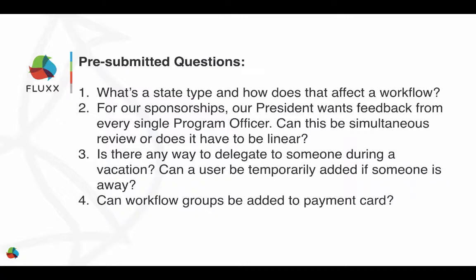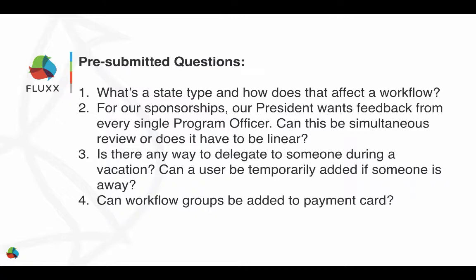An example being, you might have a particular state called, let's say, an initial application review, where some type of action occurs. That state is going to allow you within your application process to go to that point and be able to take a specific action. So at its simplest definition, a state is a point within your workflow where you can take a particular action on your application.